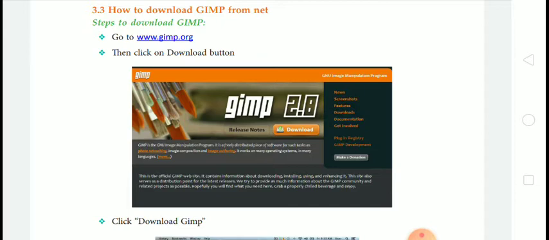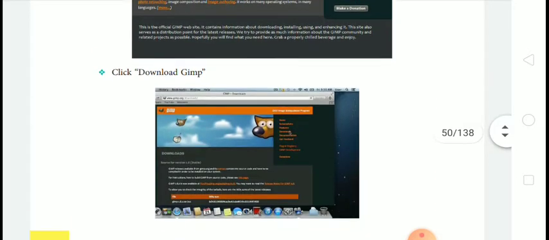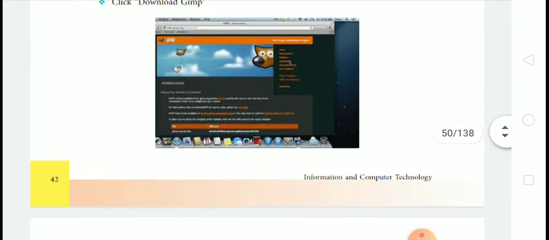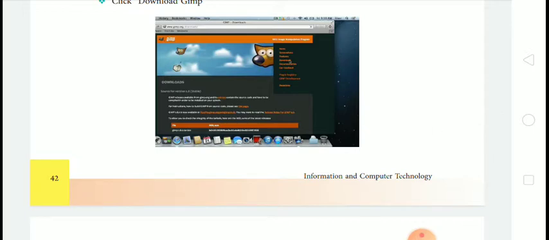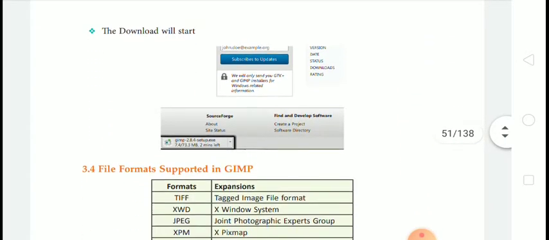You can see the interface GIMP 2.5, GIMP 2.8, then click download GIMP. When you click on that, this kind of interface will appear on the screen. The download will start.